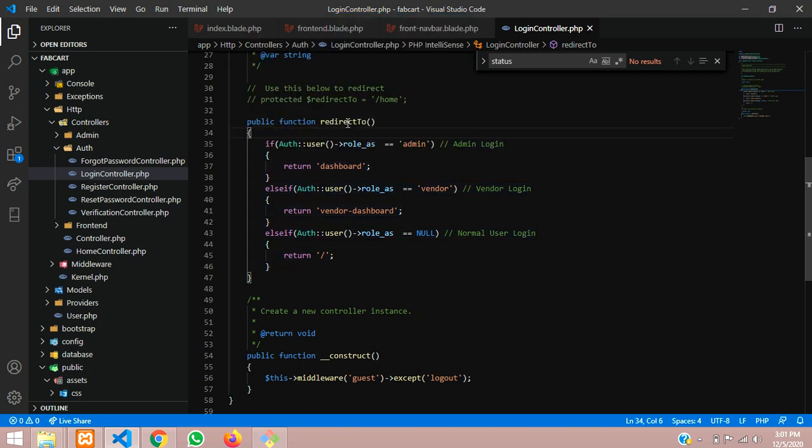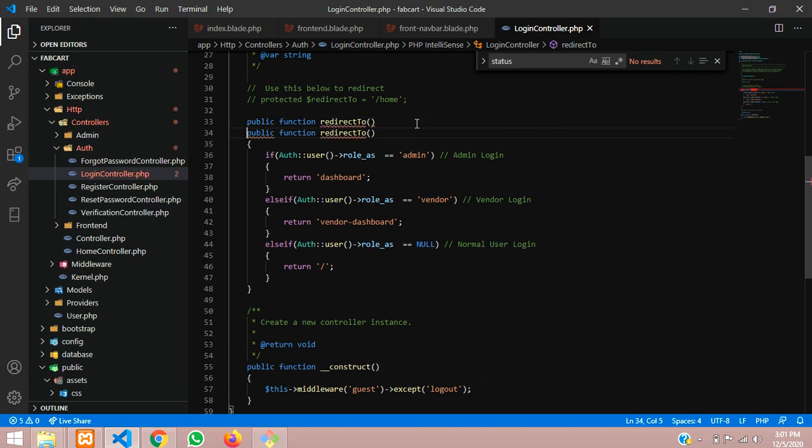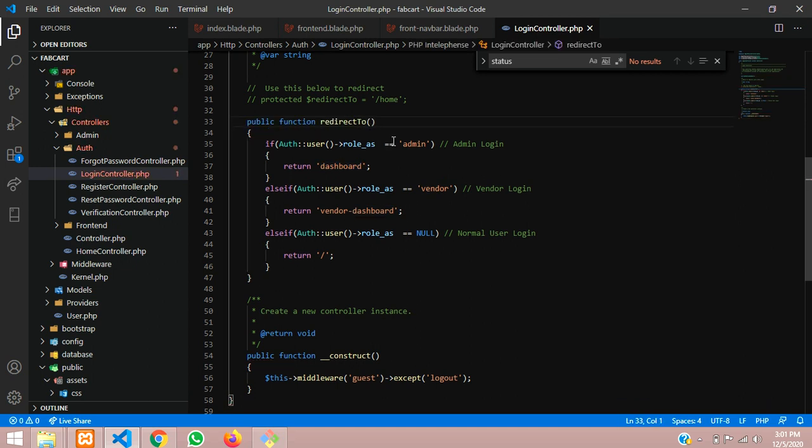So over here the redirect to function doesn't handle a redirect method or with status. It only accepts something like strings or array. So we will change this and turn it into another condition. Okay, so we will comment this function and we will use another function called authenticated. If it is authenticated, then the same process should go, and if you're using this authenticated, this return direction will be changed, right? So guys, what I'm going to do, I'll just replicate this and we will change it.